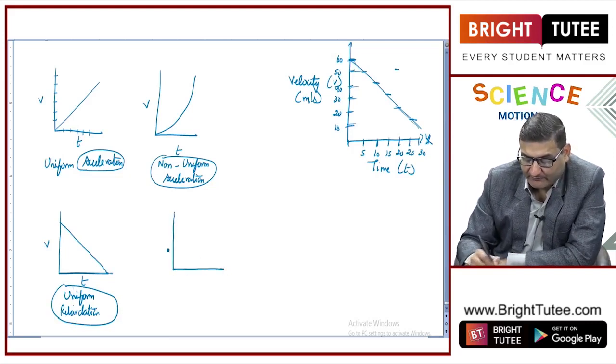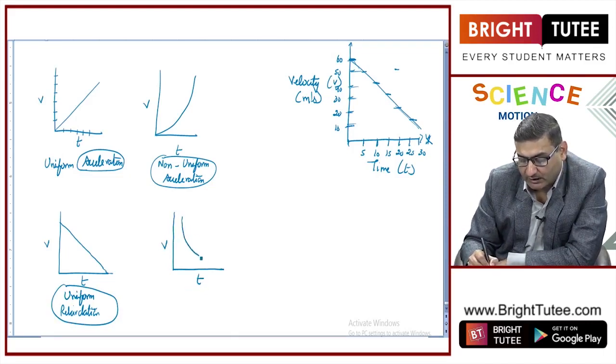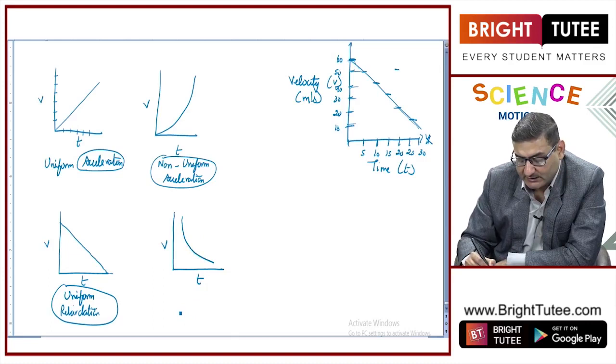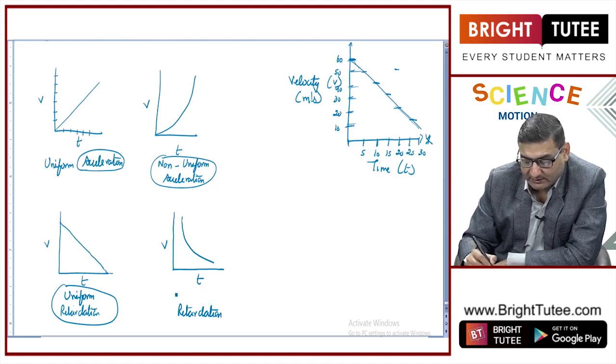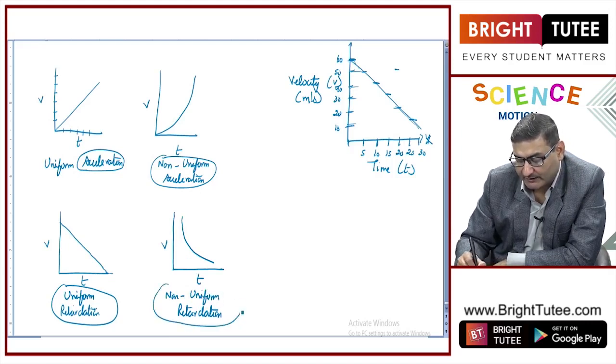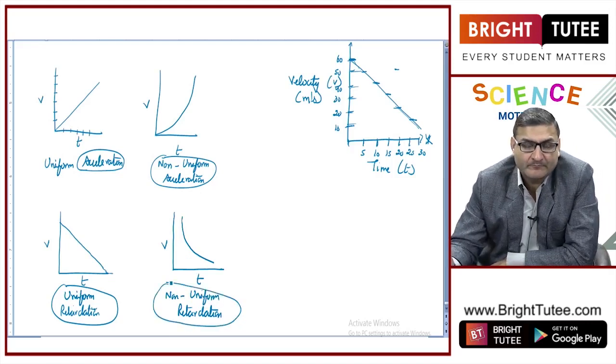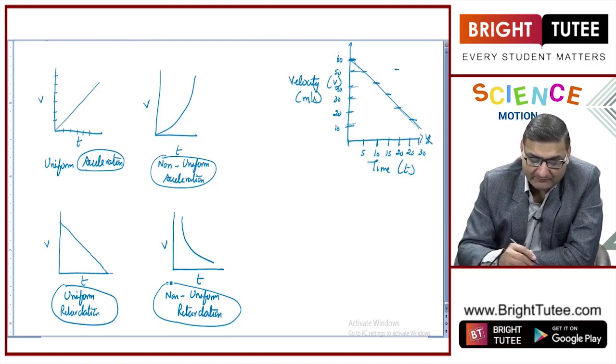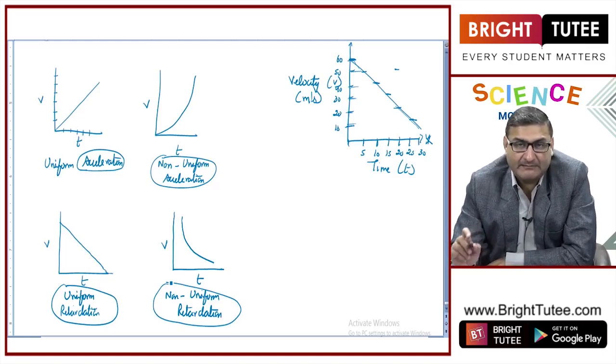Similarly, if we get the VT graph and now we get a slope or a curve in the downward direction, this once again signifies retardation, but now because it is a curve, then we interpret that it is a non-uniform retardation. Got it? So in VT graph, I repeat, I am highlighting, I am emphasizing, I am just putting some